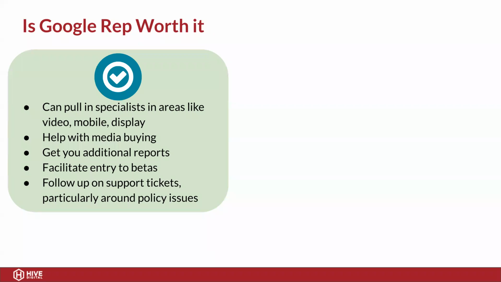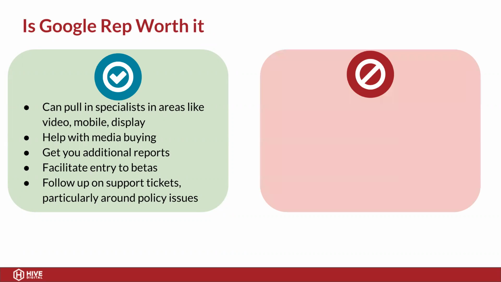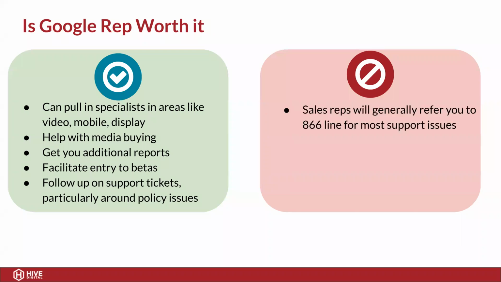And they can also follow up with support tickets, particularly around policy issues, because they're incentivized to keep your ads running. So if a policy issue is preventing your ad from running, they can really be proactive about following up with the support team to make sure that's getting resolved. And so you kind of have that person helping you. And of course, they can provide all the tips and advice in terms of what to run and what not to run. On the downside, the downsides of working with them: they are going to refer you to